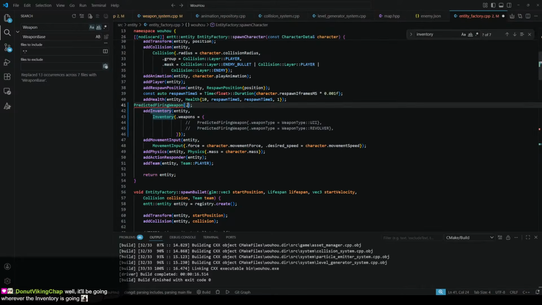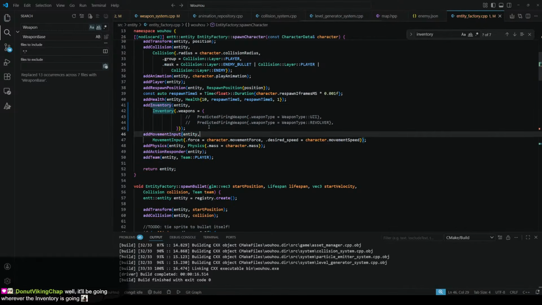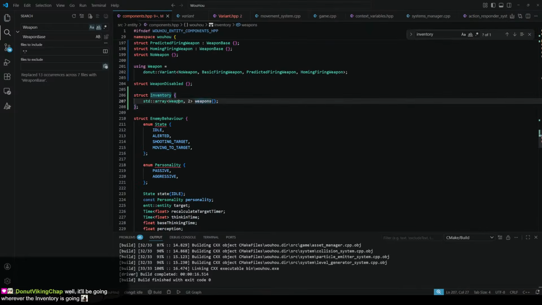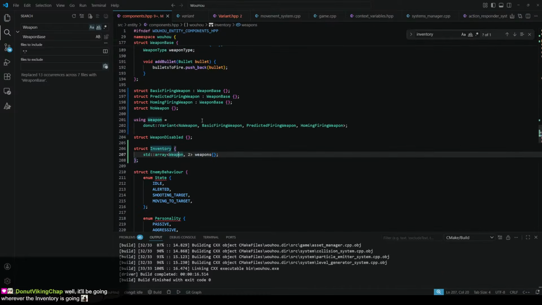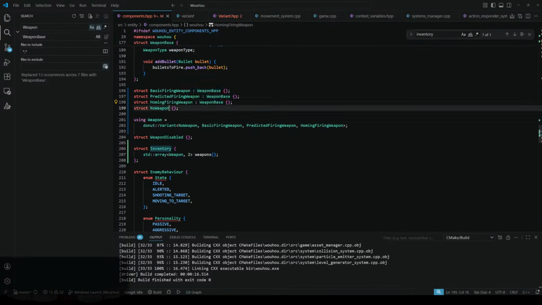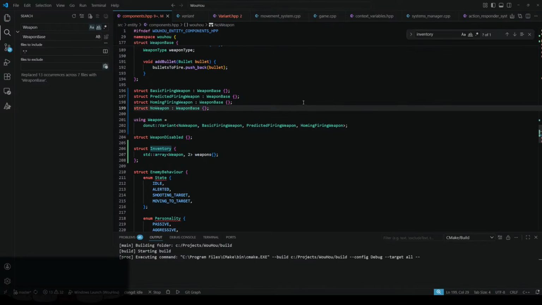Just, you can't do that. You really can't do that. Is it because it's a struct, right? This should be public. It should be more than allowed. An array of weapons. I mean, you aren't a weapon base, so I guess there's no validation that whatever is inside there is a